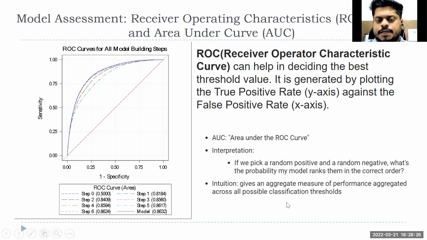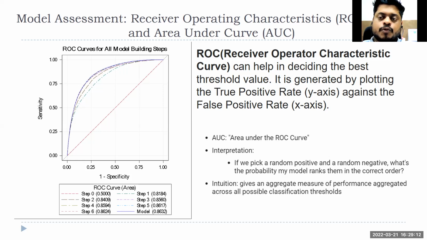It gives an aggregate measure of performance aggregated across all possible classification thresholds. Why is it important? Because it takes care of all the classification thresholds, not only 0.6. It will look at all thresholds from 0 to 1, because that is the range, right? The maximum probability can be 1, the minimum probability can be 0. Any number in between 0 and 1 can be your classification threshold, right? If it crosses that threshold, it will be identified as an event. If it doesn't cross, it will be classified as not an event. If it crosses that limit, it will be classified as spam. If it doesn't cross that limit, it will be classified as non-spam, right? So that is where your area under curve is important to understand